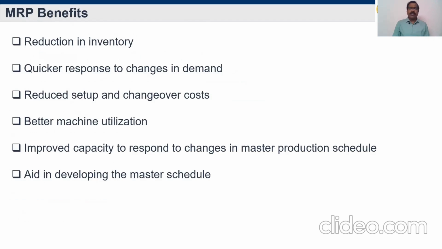Okay, then the benefits of material requirement planning. The first is reduction in inventory, a very, very important point. Simply, you can't store a huge number of raw materials inside your store. Why? Storing material involves cost. You don't know whether the components stored will be safe for a longer period. Some disaster may happen or corrosion may happen in the component. Then rework on that is too much. Losses will be there, right? So storage is not advisable.